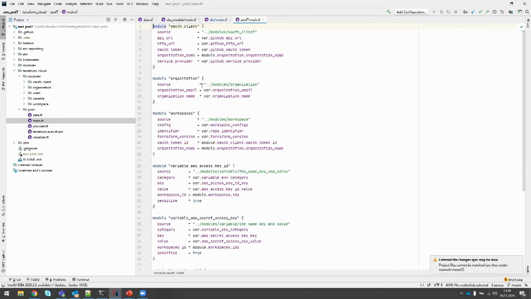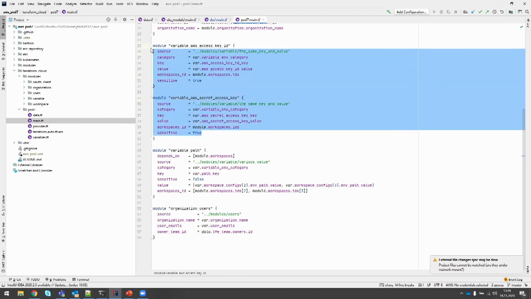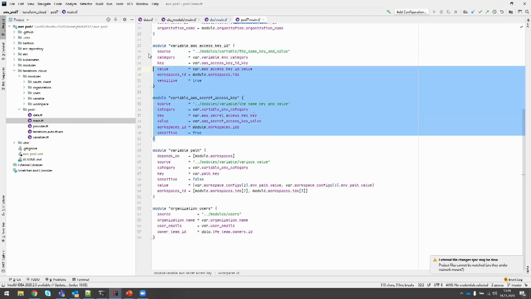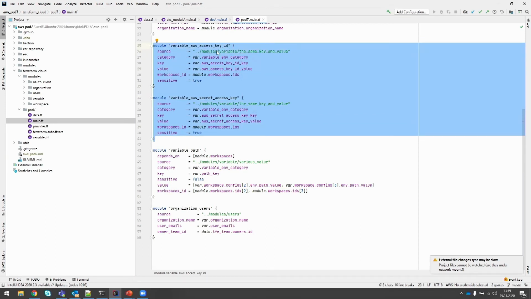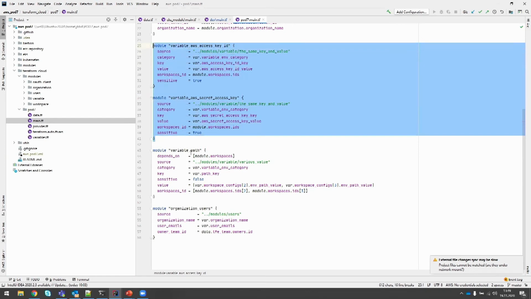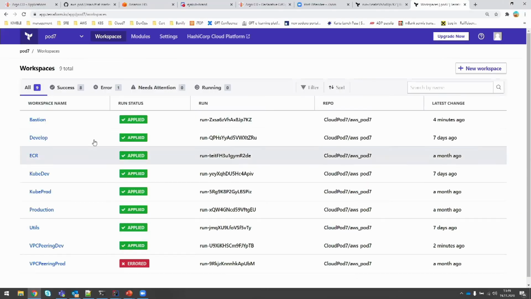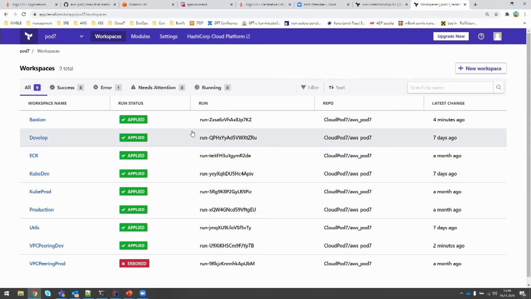So again, build it as a module part. You have organizations, workspaces, variables for the keys, some secrets definitely if you want to access AWS, because it's just accessing AWS infrastructure and deploying your code. You would definitely need to configure some system user, and the organization users and so on and so forth. So you can build the entire setup of Terraform Cloud using Terraform code.